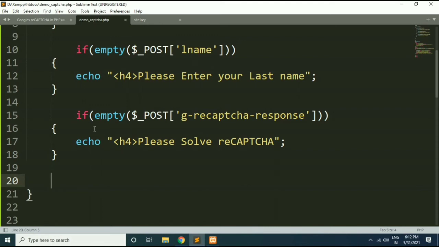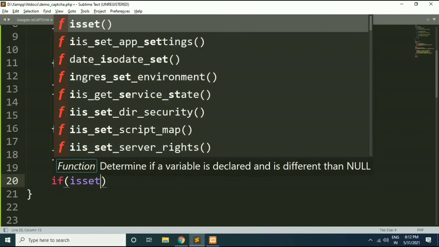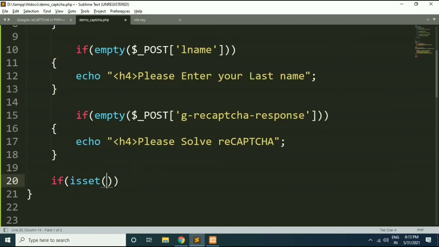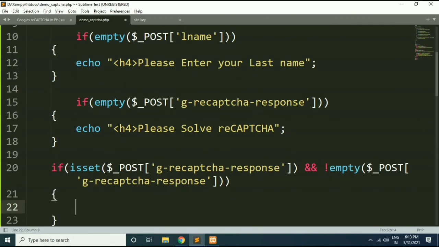For that I will write code, using the isset function, and I will provide here the value of POST g-recaptcha-response. So if its value is set and it is not empty, then we will proceed further